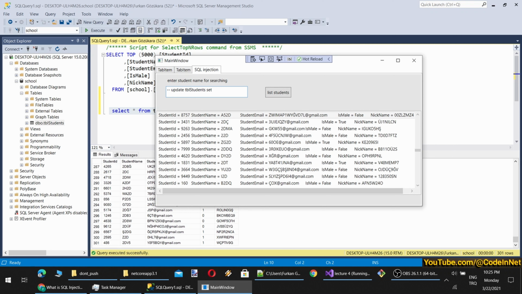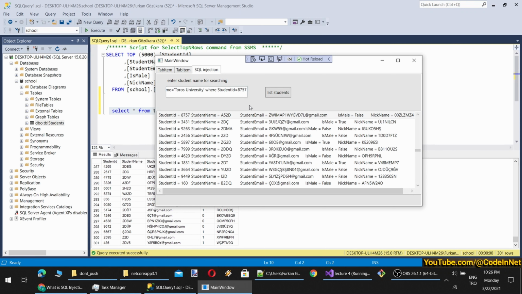By the way, to be able to use it, you have to know the table name in this case, and there are also other methods to find out table names if your application is vulnerable to SQL injection. Set student name equal to, let's say, Toros University, where student ID equal to this one.